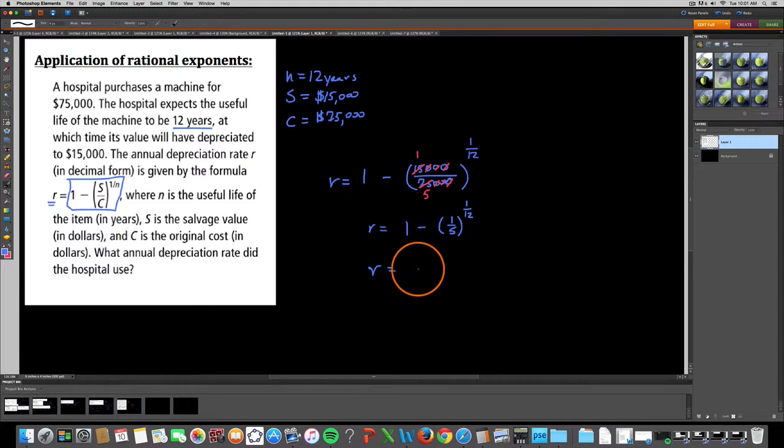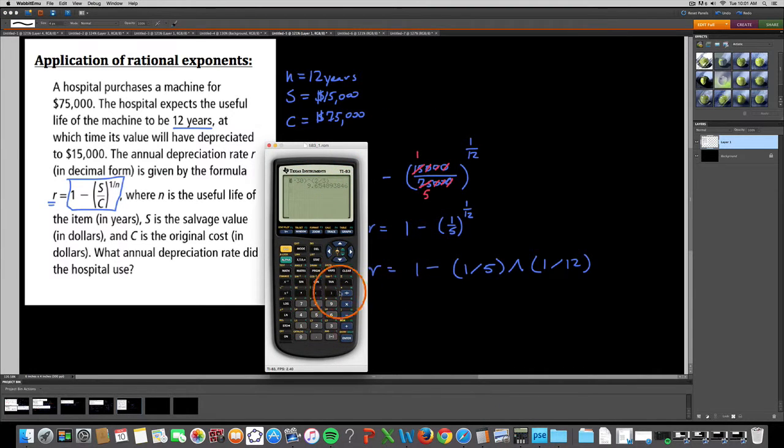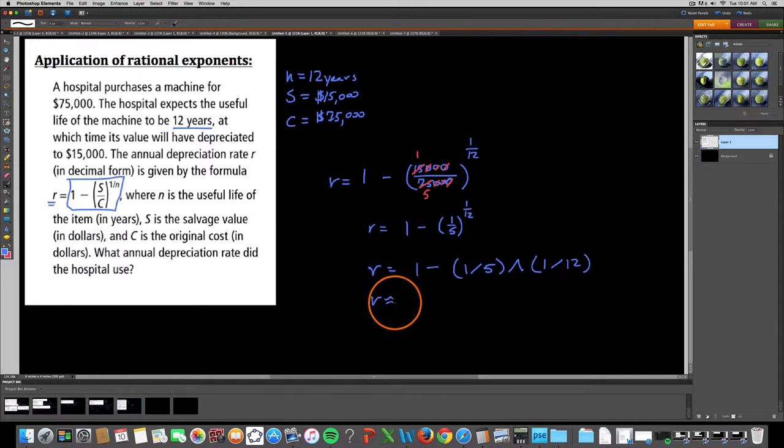So I'm going to get my calculator out here, and I'm going to type this in, but really I'm going to have to type it in so that it reads this way on my calculator. So it doesn't look very pretty, but what we end up with is this. We have 1 minus, now in parentheses we have our 1/5. So here's our 1/5, and then we say to the power of 1 divided by 12. So we need that 1/12 to be in parentheses also. So we would get this right here, 1 minus 1/5 to the 1/12, and we end up with 0.1255-ish. So I'm going to say approximately